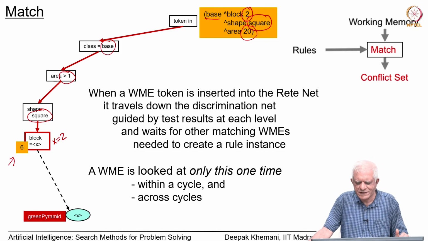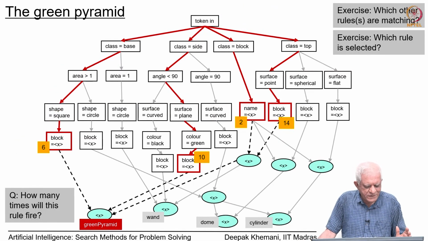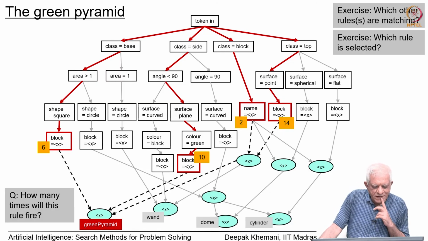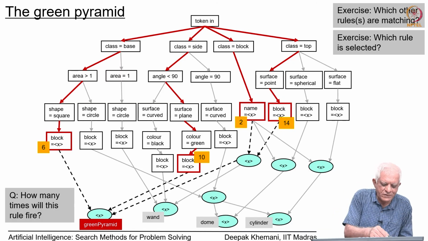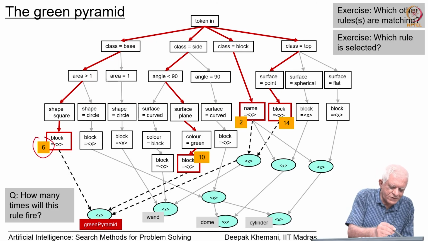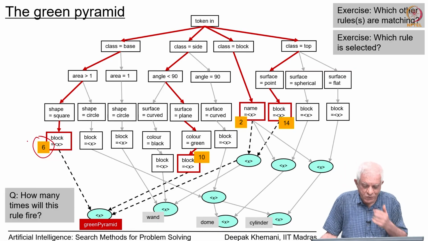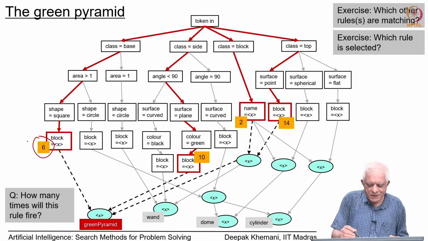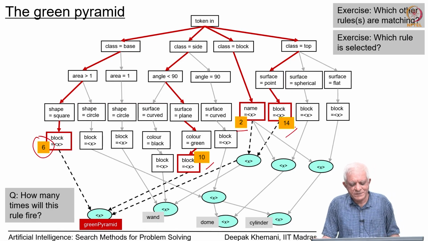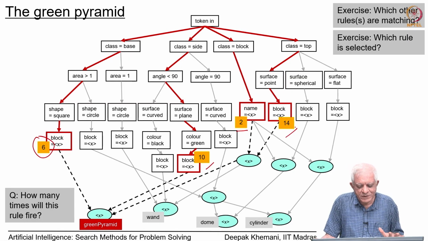Let us look at this network a little bit more. In particular, the green pyramid rule. We saw this token number 6 and its journey in the last segment. You can imagine the other tokens also doing the same thing. There are 4 tokens that are needed for the green pyramid rule. Token number 2, in fact, is the first one that would be inserted into the system. Then token number 6, then token number 10, and then token number 14. Once these 4 tokens are inserted into the system, and they are all talking about the same particular block, where x is the value 2 in this case, if I remember correctly,